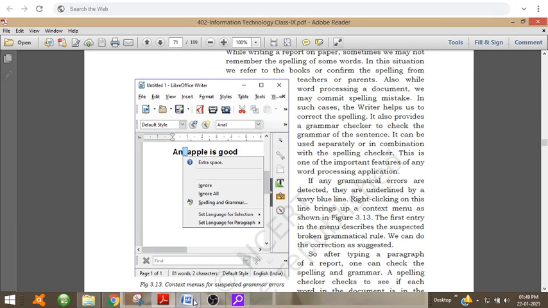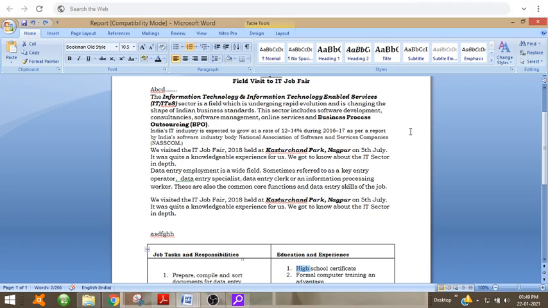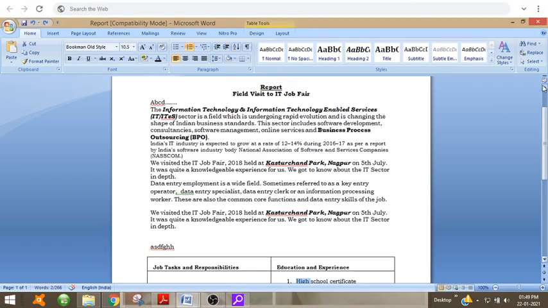So in Microsoft Word, if we want to show formatting marks, that is where our spaces are, you can press the Control key, Shift key and asterisk, that is star. Then the formatting marks will appear. That is, how many times the Enter key is pressed will be shown. Then the space is shown by dots. You can see here so many dots, each space is shown by a dot.